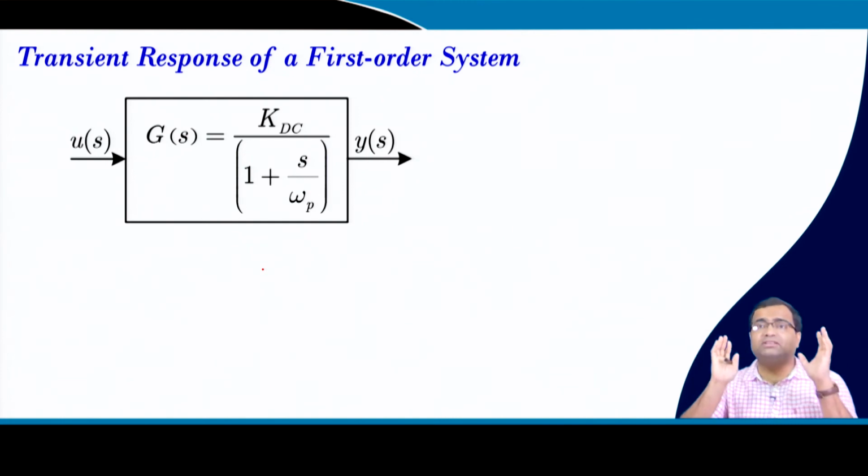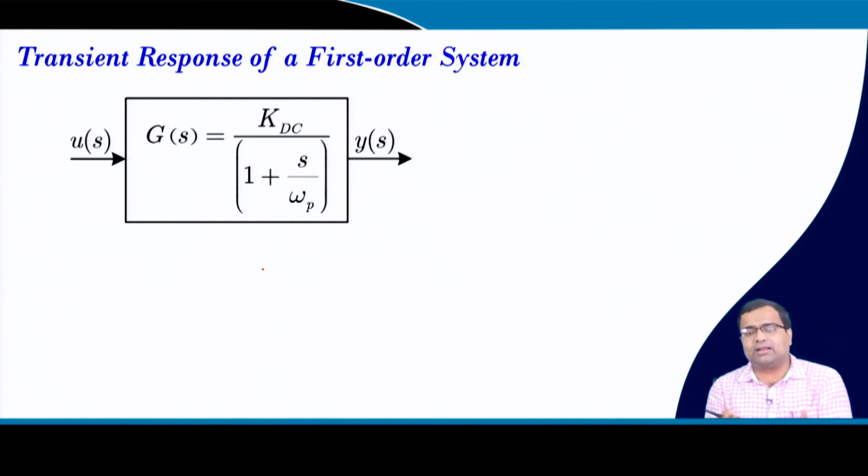Now we want to see what is the effect of poles and zeros, because in the subsequent lecture, when we want to design the compensator, we should keep in mind what our desired transfer function or our desired step response should be, right. So for that we need to understand what the response due to poles and zeros is.